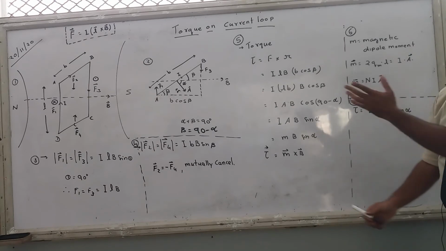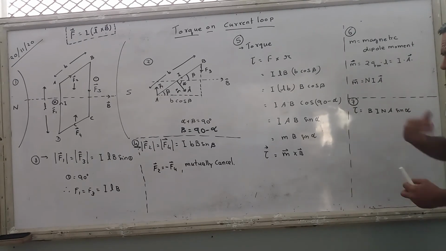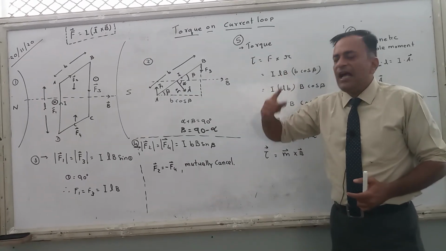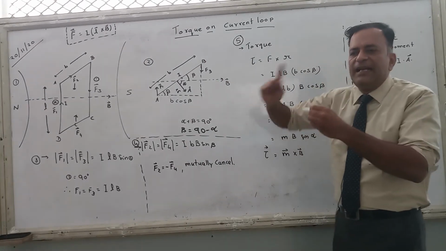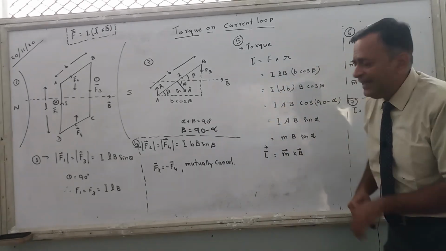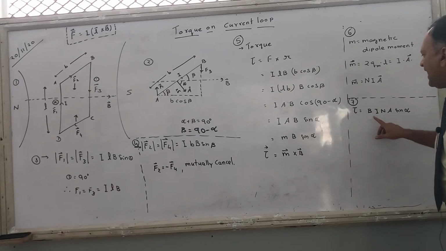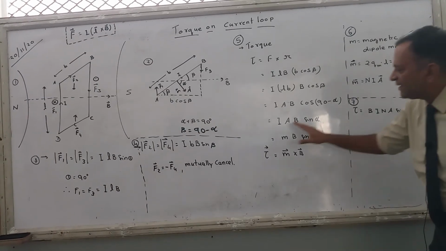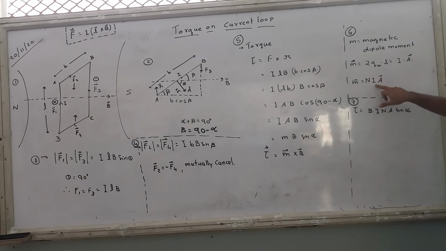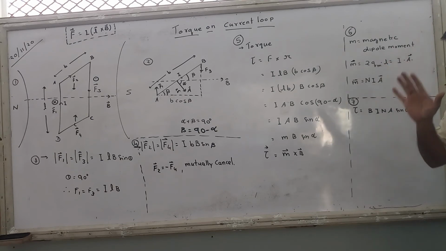Now there is something else. If in this case there is only one turn, अगर ऐसे कई बार ऐसे लूप को लपेटा, एक बार, दो बार, तीन बार, चार बार, पांच बार, छह बार, n times I have wound the loop, then it gets multiplied with n times. Okay, this torque gets multiplied with n times. M is equal to n into I into A. Okay, final equation is this. Useful numerical form is this.